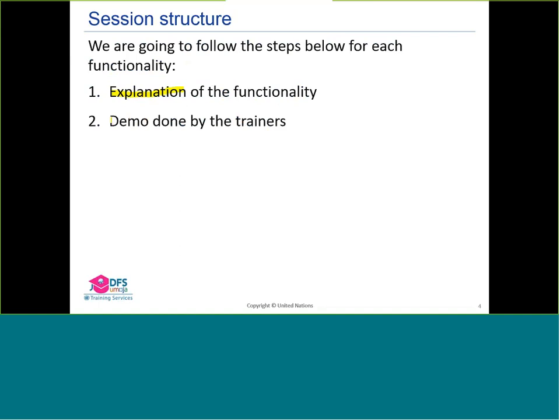I'll use the Excel file we sent to you for the exercise, and I'll do a brief demo. I will build a pivot table, and I will show you the main features of pivot tables and tables. We are going to do this during the session, and after we finish the session,